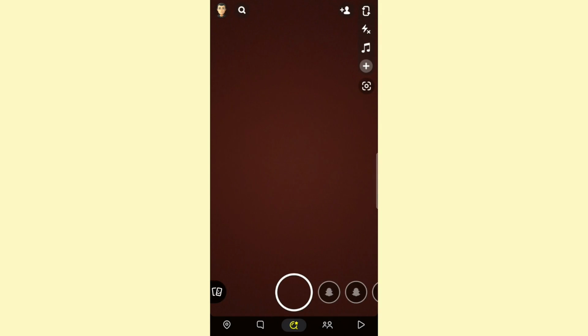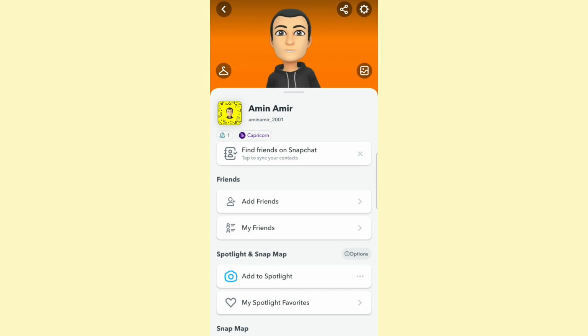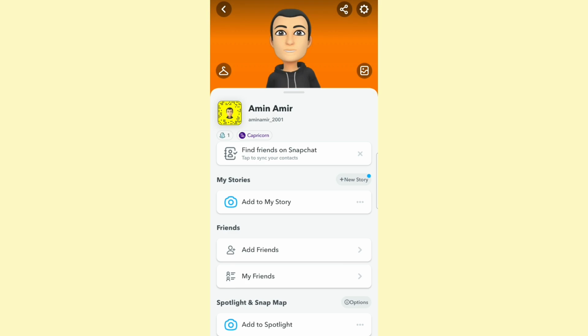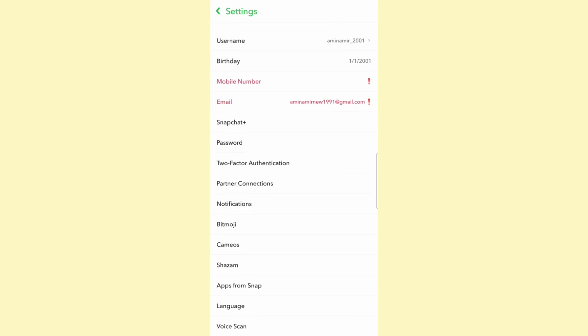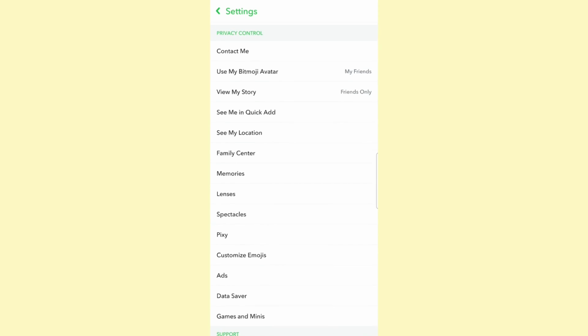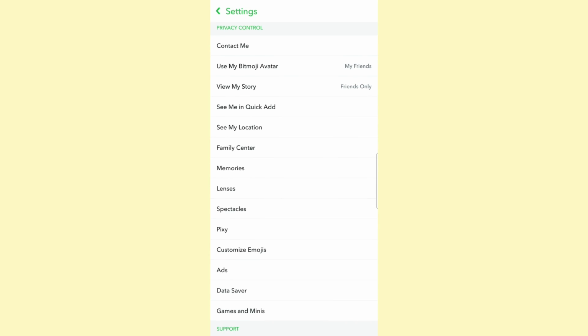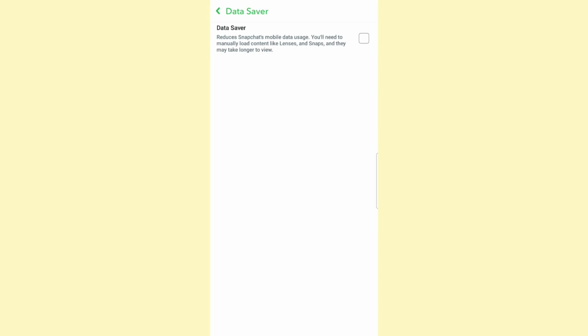So go ahead and open up Snapchat, and once you do that, you want to click on the Bitmoji or avatar at the top left. Then click on the settings gear icon at the top right corner of your screen. Once you're here, you need to scroll down to the privacy control section, and from there click on data saver,